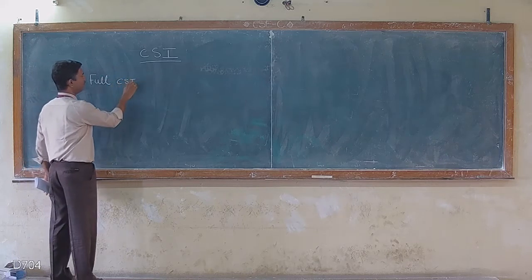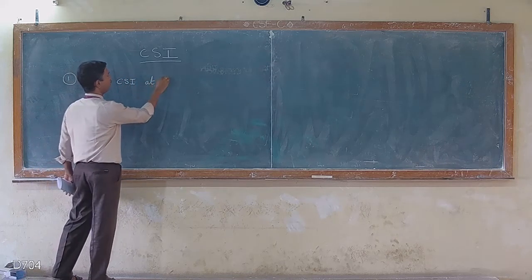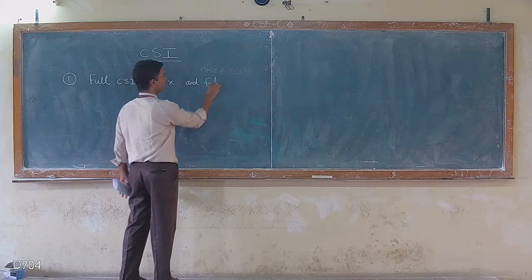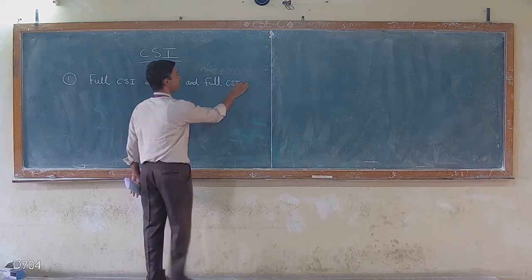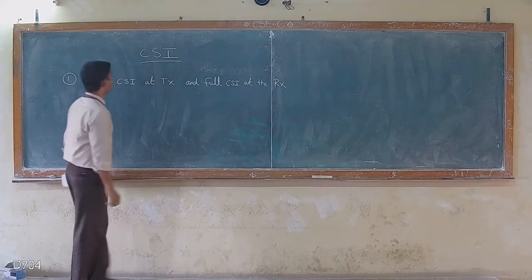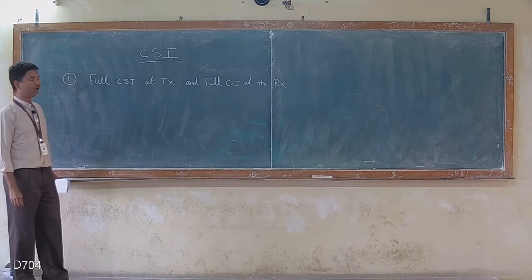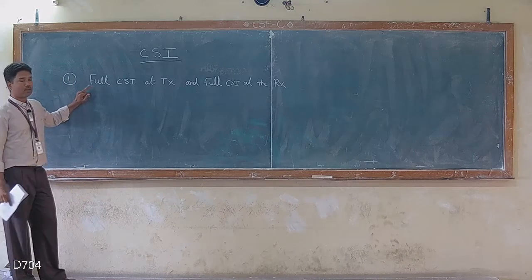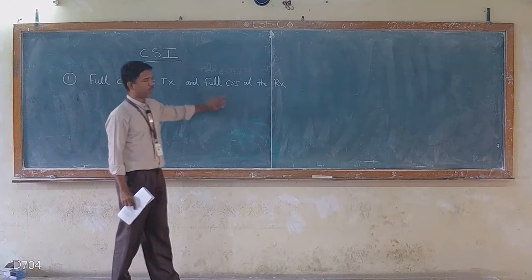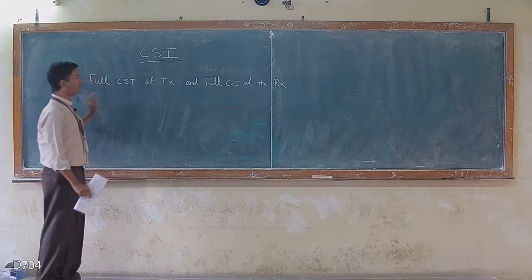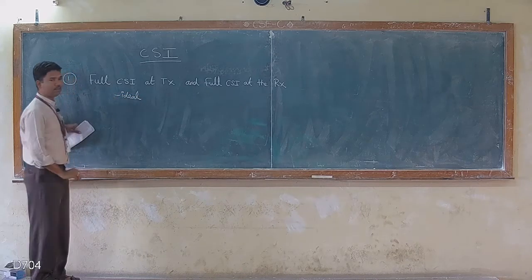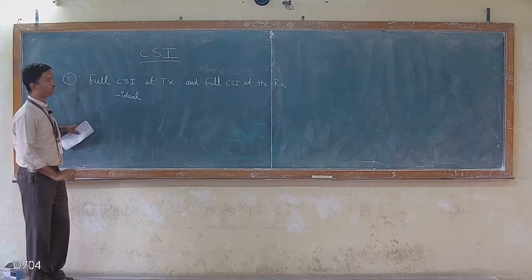full channel state information at the transmitter and also at the receiver. So the first classification of the algorithm used for MIMO is full channel state information at the transmitter and full channel state information at the receiver. It is an ideal case. So practically this is not possible because it is very difficult. So it is an ideal case